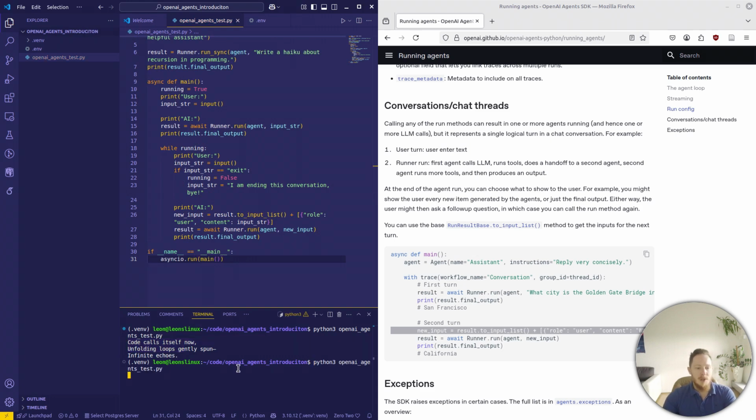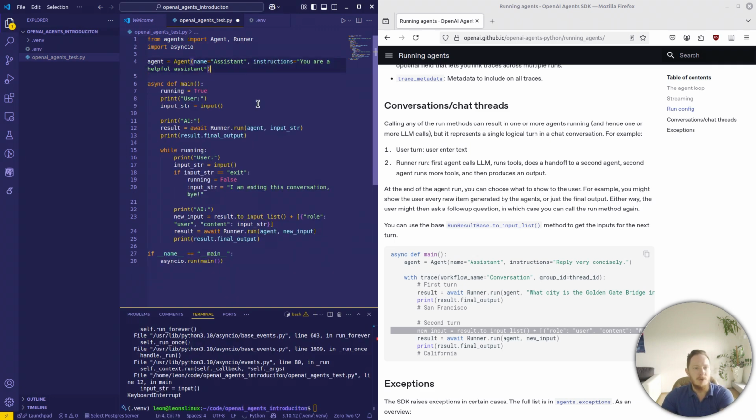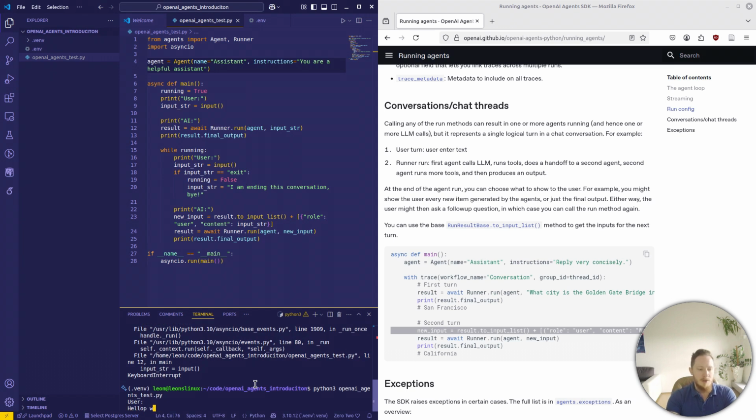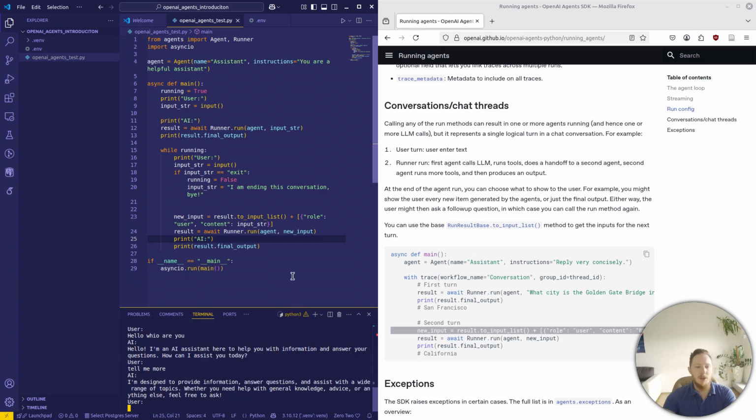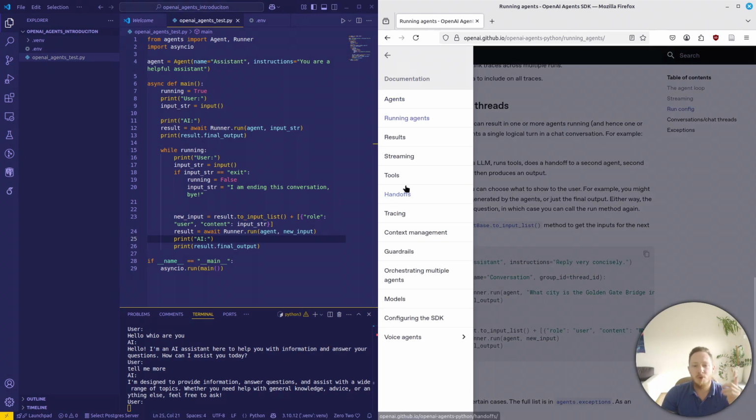So now let's test it out. Remove the first run here. Again, hello, who are you? And yeah, so now we can continue chatting. As easy as that. Okay, now that we accomplished the conversation loop, let's actually go to the tools and give